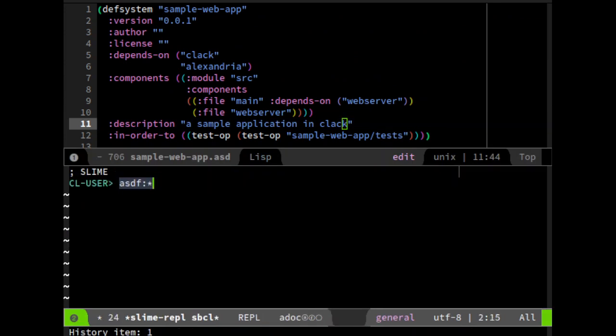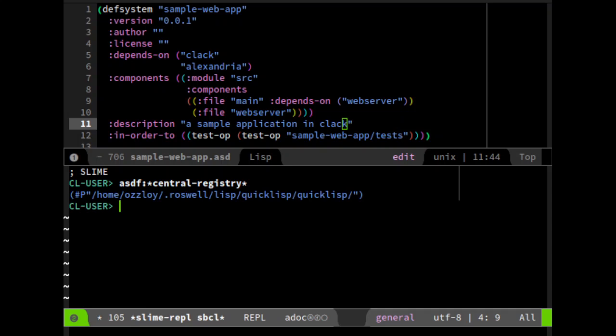I don't know. Okay, do central registry there and star. Yep, there you go. Okay, so this appears to be a live thing. This is working. Should I try this again? Okay. Oh, so you need to put